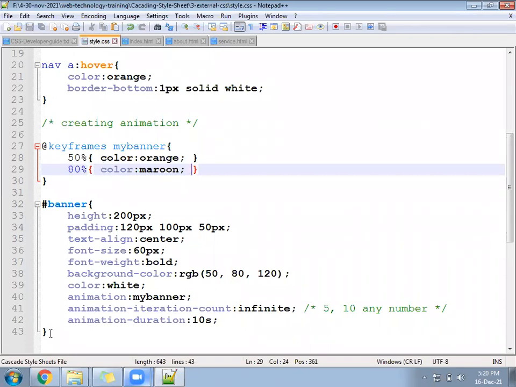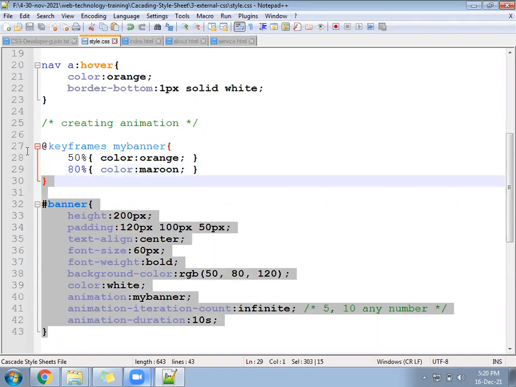This total CSS I will send in your chat. If it is not happening, you can replace this.